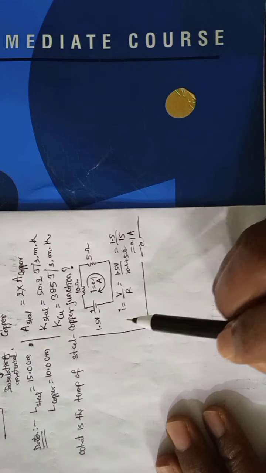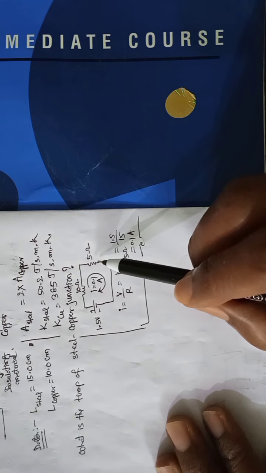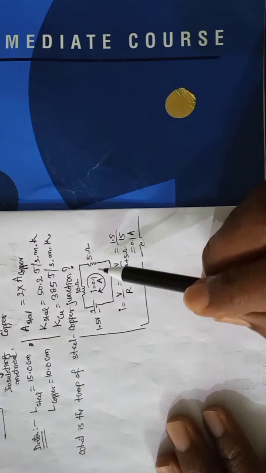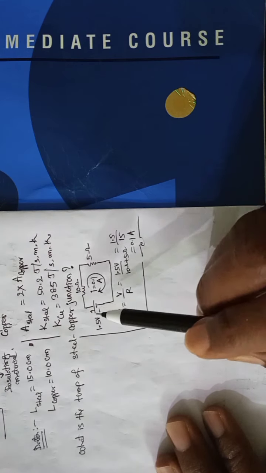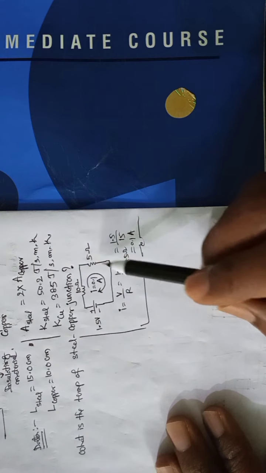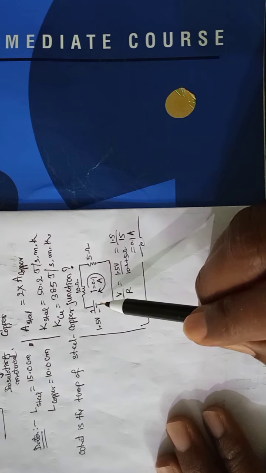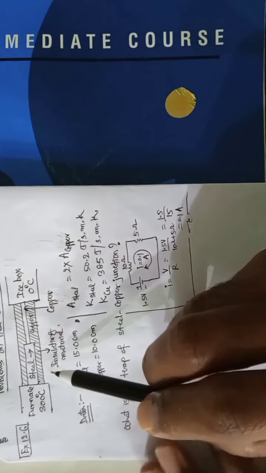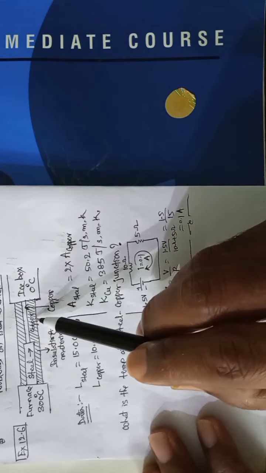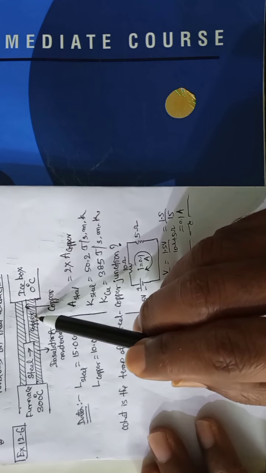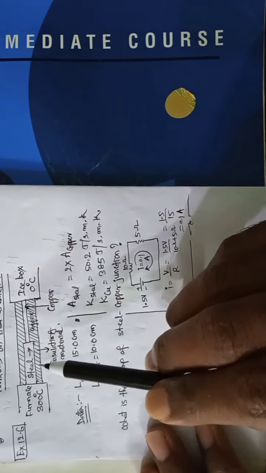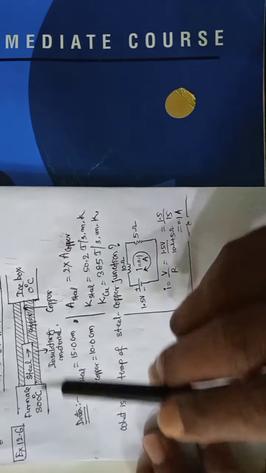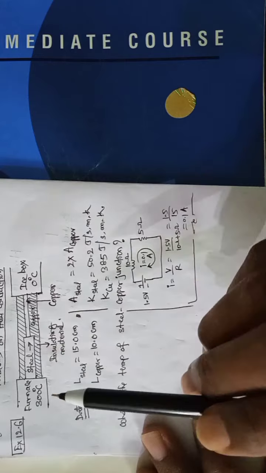See, you may think this is 5 ohms, this is 10 ohms, through this current may be less, through this current may be more. No, not like that. Because they are connected in series, the current flow is the same at any point. Just like that, here also the steel bar and copper bar are connected in series. That's why the heat current is the same anywhere. You take at any cross section, at any point, the heat current is the same.